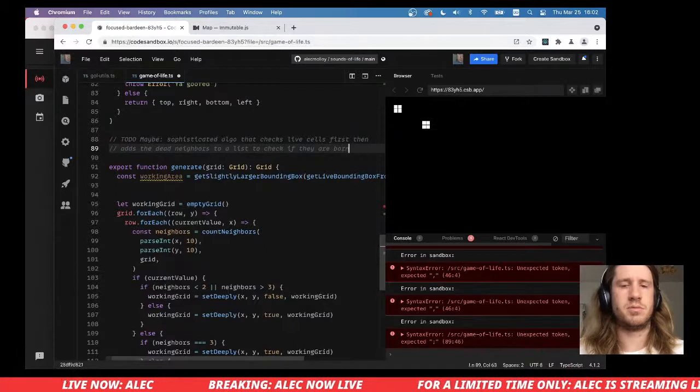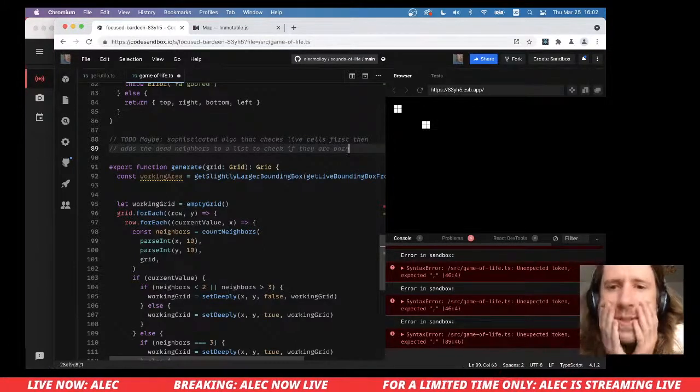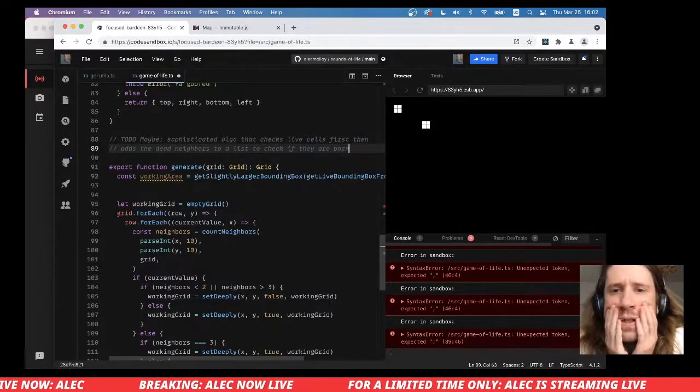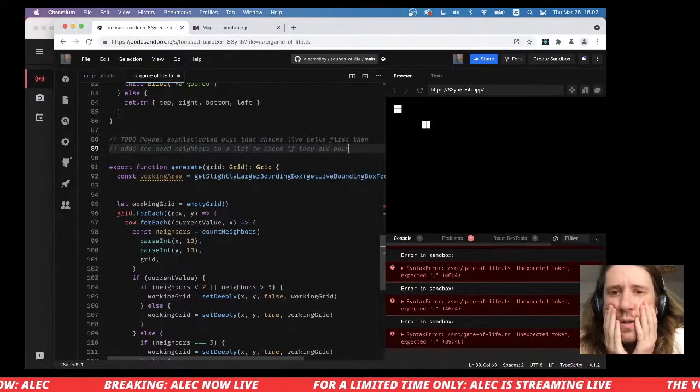Yeah, that's a pretty clever algorithm, I guess, because the only cells that could be born have to be close to live cells. Okay, so